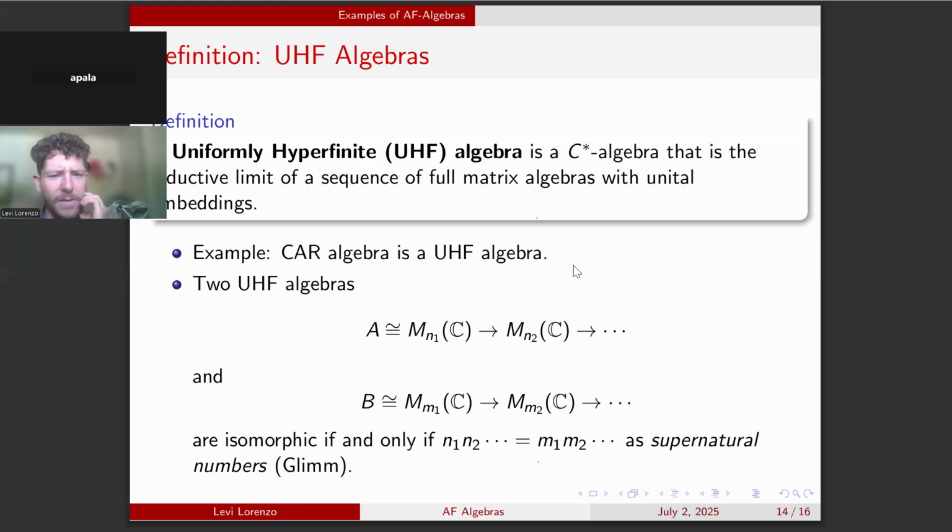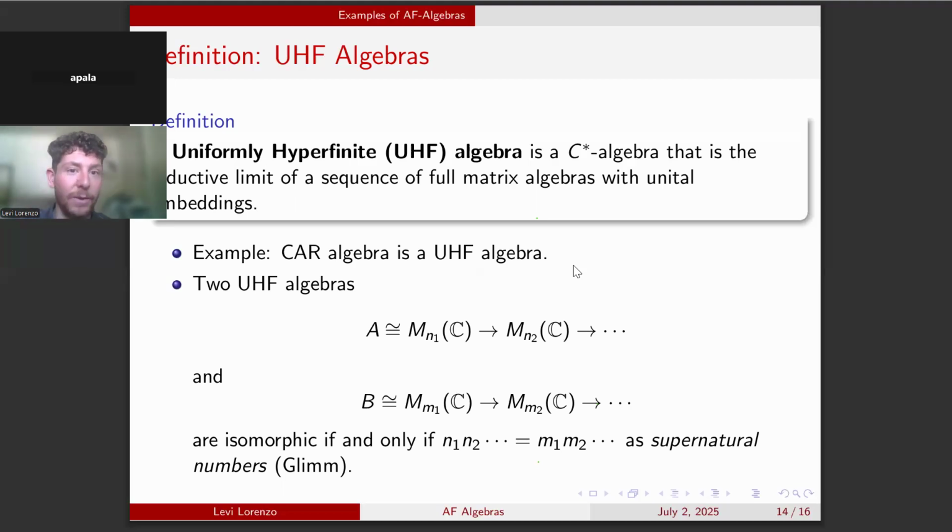It's a neat way that we can characterize these algebras: they're isomorphic if and only if their supernatural numbers agree. You can see that there are infinitely many of these UHF algebras right away, and actually uncountably many, because